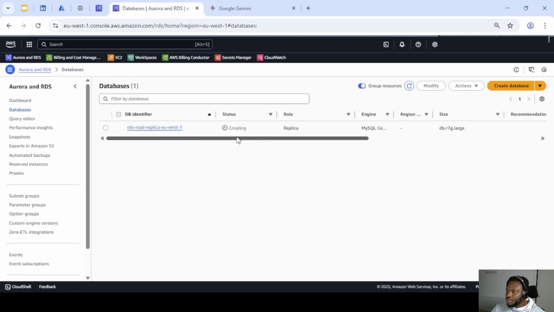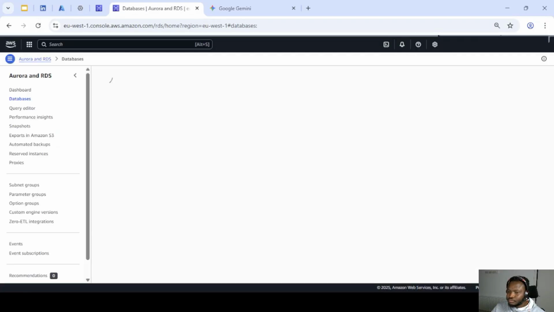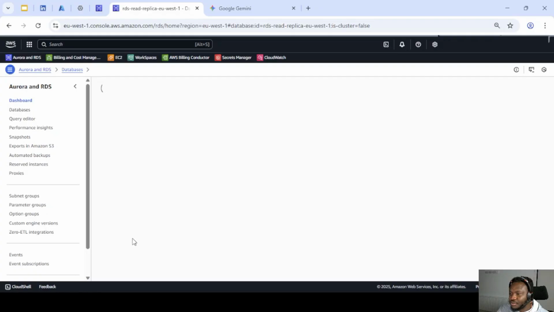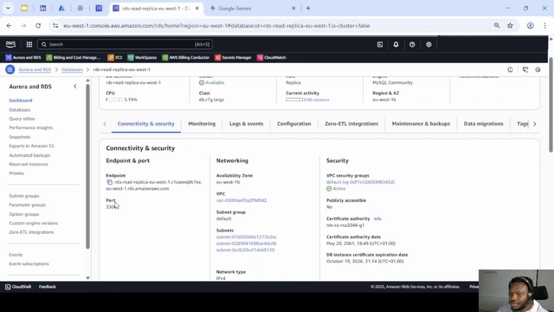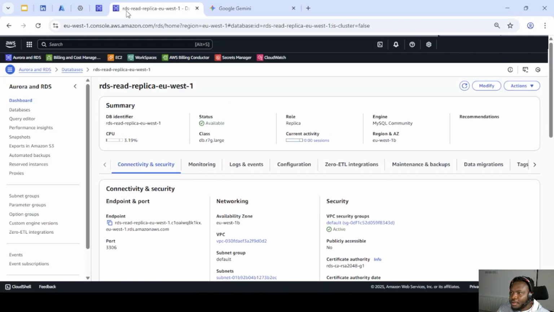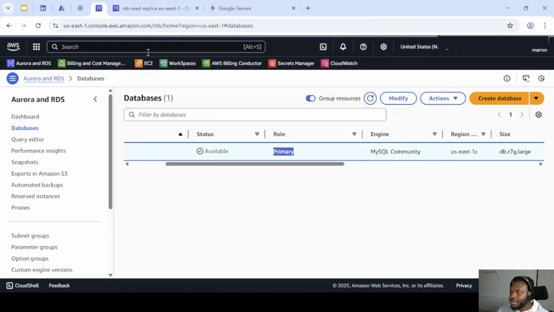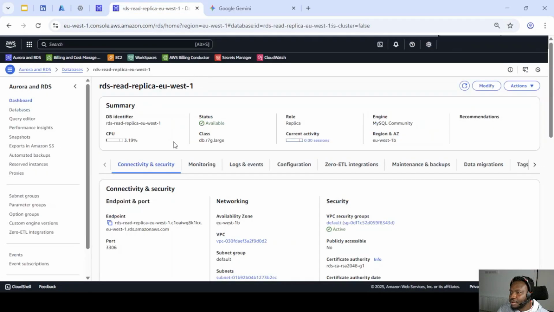Okay, so you can see that we have our read replica that is still creating. Yeah, so you can see that our read replica in the EU West one region is now available. It also has its own endpoint, which you can use to route your traffic to Europe, right? And yeah, so let's look at the situation. This is our primary instance in the US,